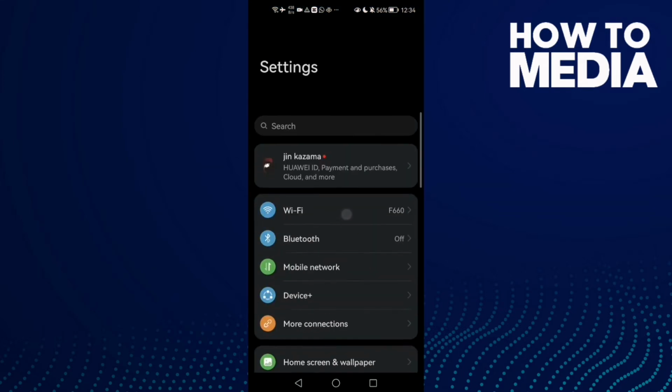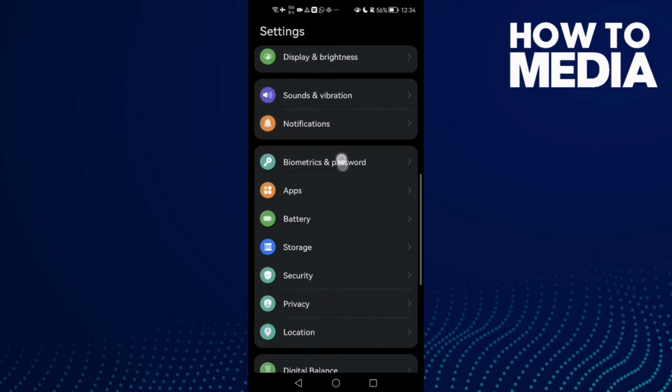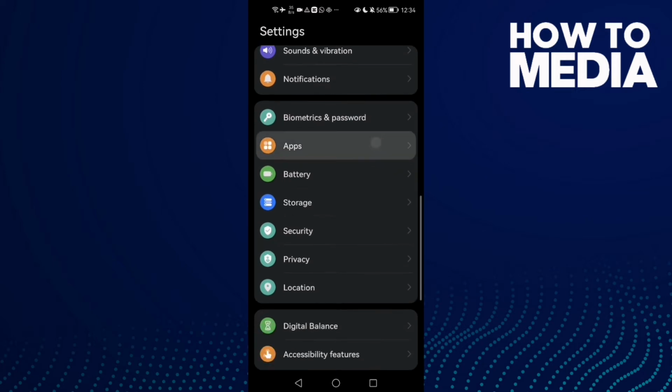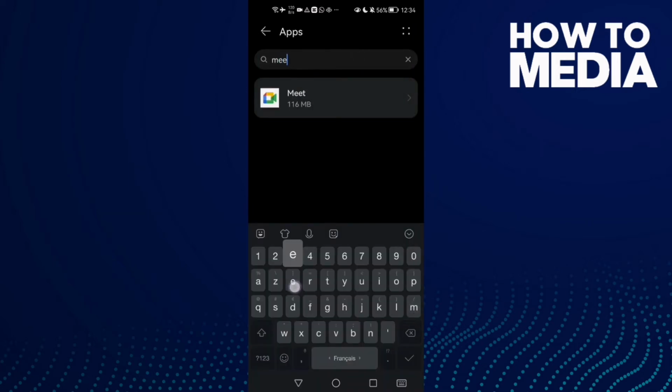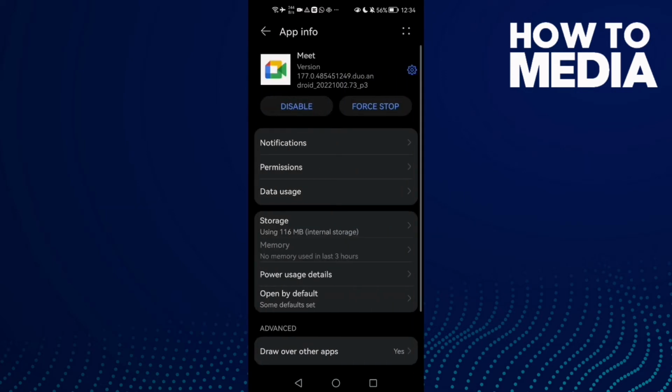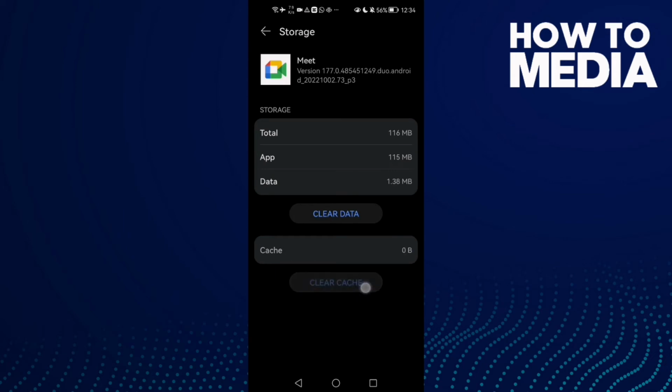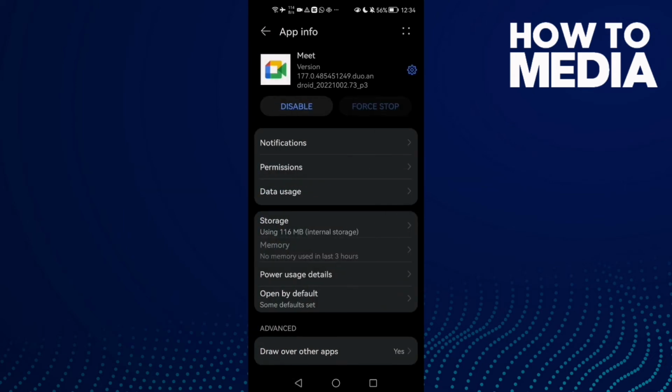Click settings and then scroll down until you find apps, and now click apps again, and here type Meet, click on it, click force stop, and then click storage, clear cache. Now go back, try again, your problem must be fixed, and if that doesn't fix your problem, click permissions, give